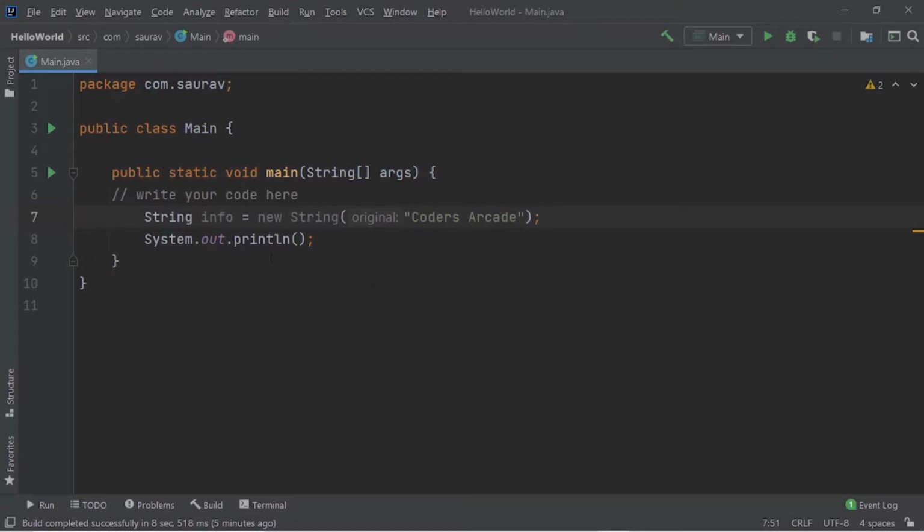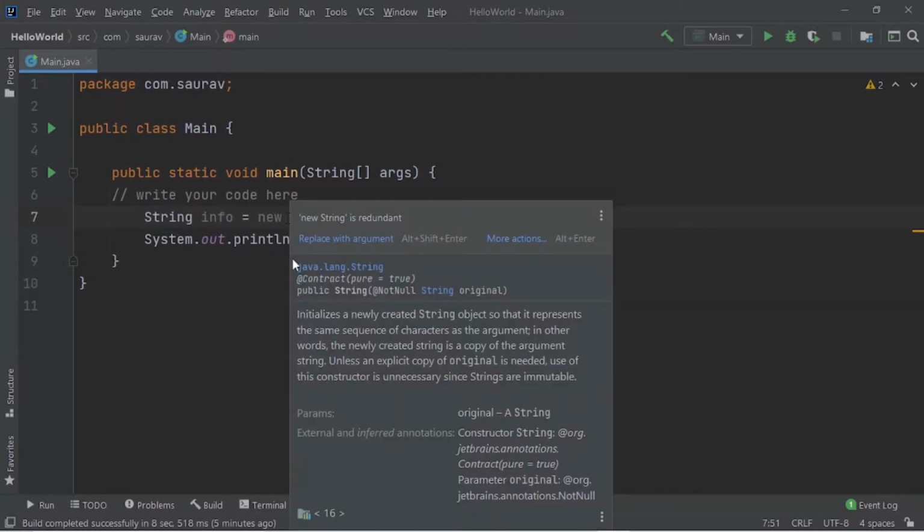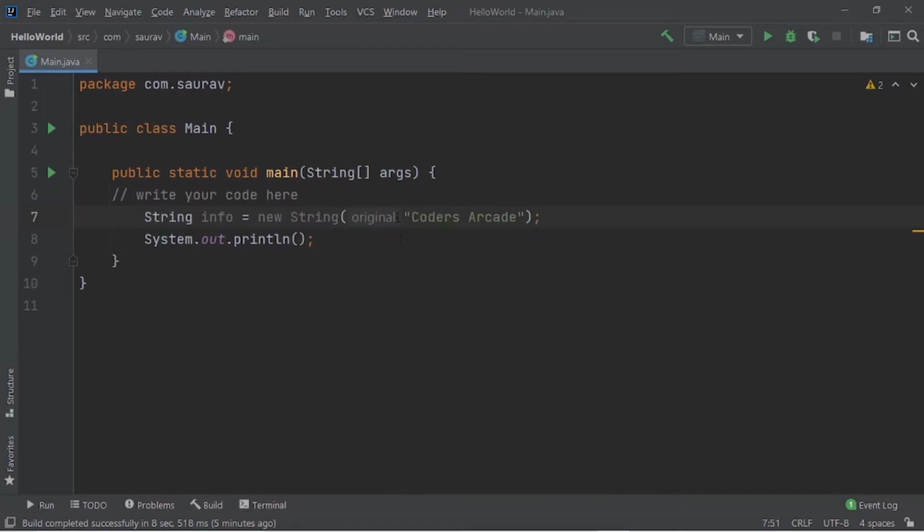We do not have to use the new keyword. So we can simply delete all these things and simply provide the string literal. This is how you can simply declare the info variable which belongs to the String class.